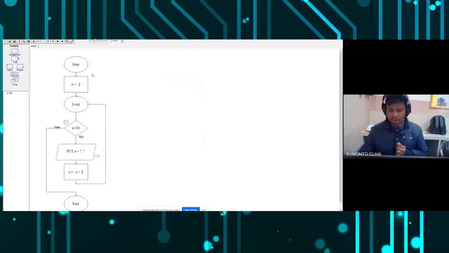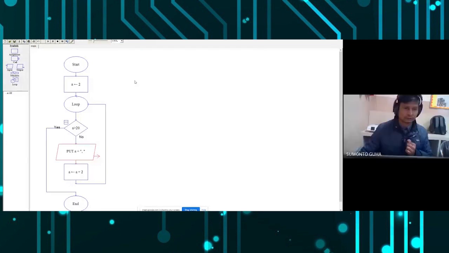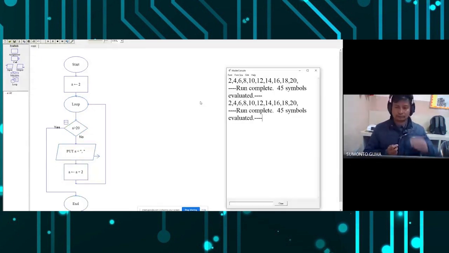Sir, in Raptor, we can change the speed of execution by the slider which is at the top. This one, play speed. Yes, sir. This is the play speed. Okay, let me check once again. I'm just increasing it and running it again. Here you can see, yes, the speed has increased. Thank you for telling me. So this is a good option. We can change the speed, but it has been given so that students can understand how the process is taking place. So I think now this flowchart is clear.